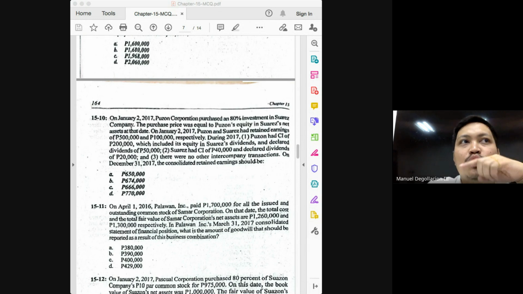But is that what we are going to add to the beginning RE, class? No. What do we need to add? We need to add the consolidated income using the parent approach. Again, how do we call the 224? Consolidated income using the entity approach. But what do we need? We need the consolidated income using the parent approach, because that is the income attributable to the parent. So how do we arrive at the consolidated income under the parent approach from the consolidated income under the entity approach? Simply deduct the share of the non-controlling interest in the income of the subsidiary.